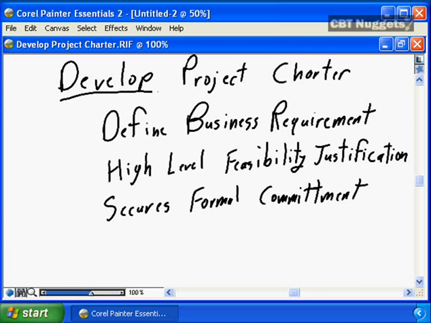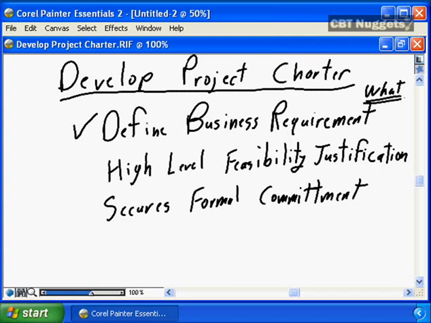The first step of project integration management is developing the project charter. In the project charter, we work with the business, or often the business themselves define the business requirements. We need to define the specific business requirements at sufficient level of detail, at sufficient clarity, that we have a clear definition of what.